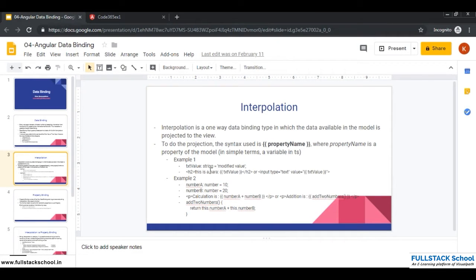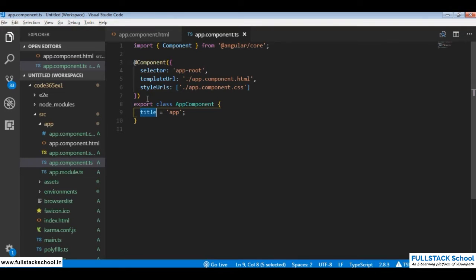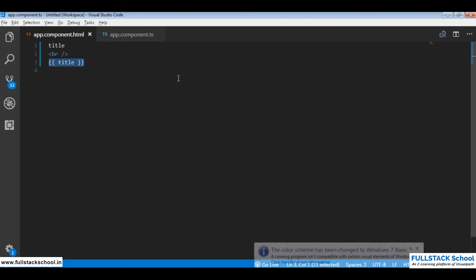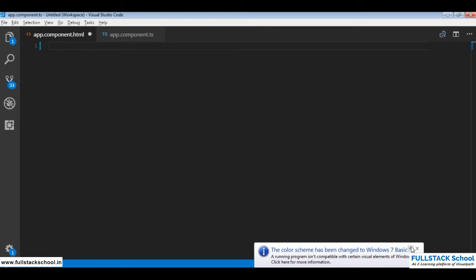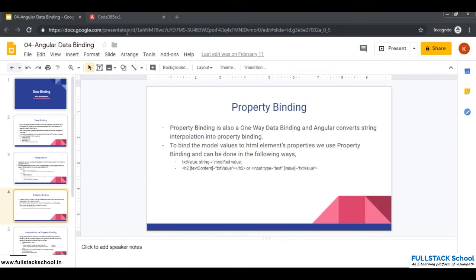After string interpolation, we have property binding. For every HTML element we have a property. For example, if we say input type equal to text, you get an input box. You save it, and in the browser you have an input box.